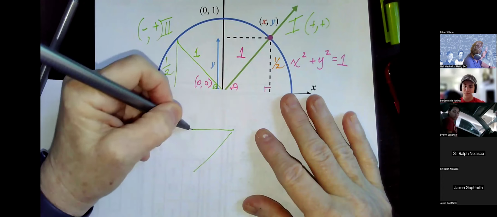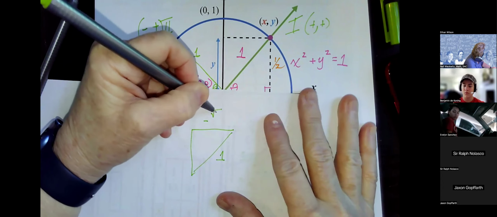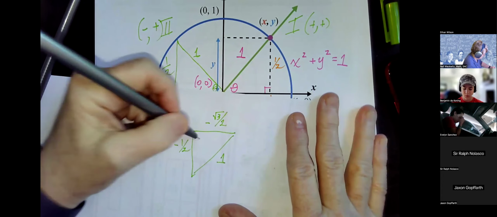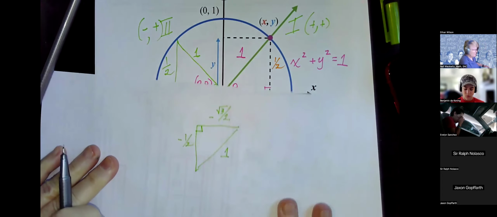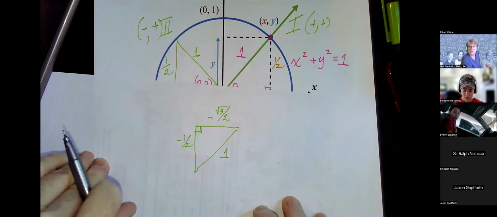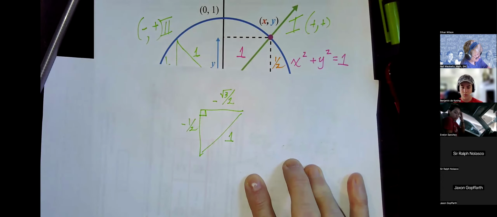Let's take this triangle and let's prove that it really is the fact that a squared plus b squared is c squared, where a is going to be